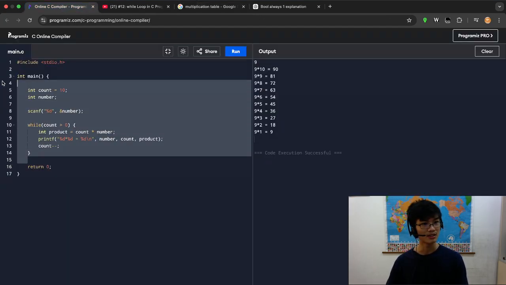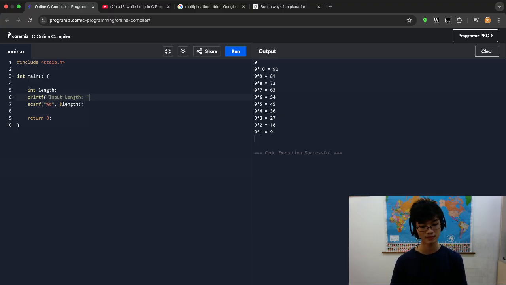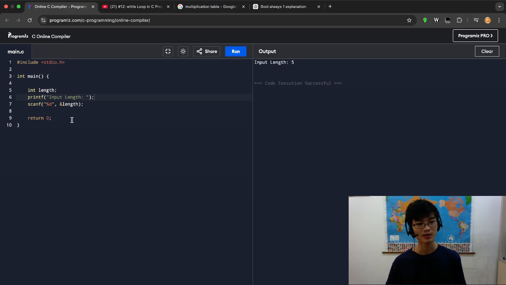So here I'm gonna just delete everything. Okay, the first thing that I want to do is ask the user for input. So I'm gonna just create a variable length, scanf. Punctuation is hard, man. Okay. Printf. Okay, so this will just ask for the length, so 5, and then it'll create a 5 by 5 box